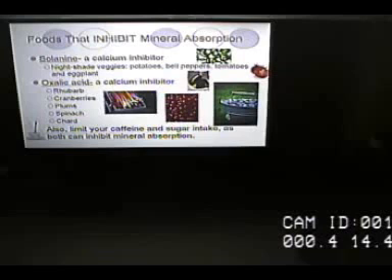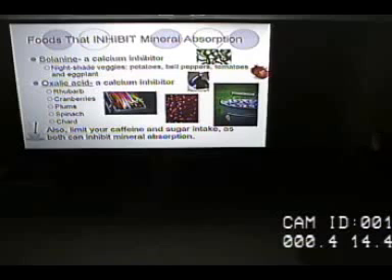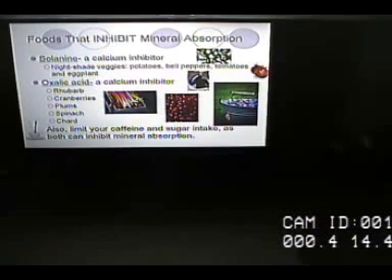Okay, so here are the nightshades. Foods that inhibit mineral absorption. So like I was just saying, calcium, magnesium, very important. Solanine, which is in these nightshades, is a calcium inhibitor. So the nightshade family includes potatoes, bell peppers, tomatoes, eggplants, and then there's a few others too. So these are ones that some people find a benefit if they cut them out, some don't.